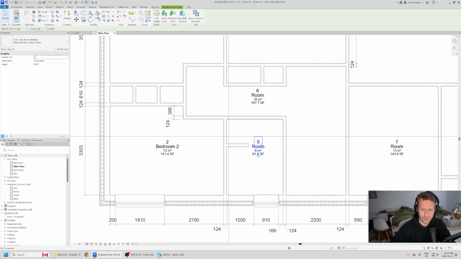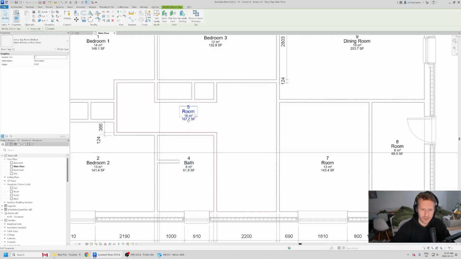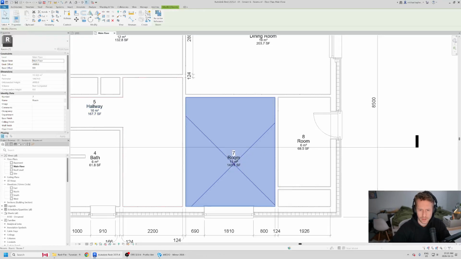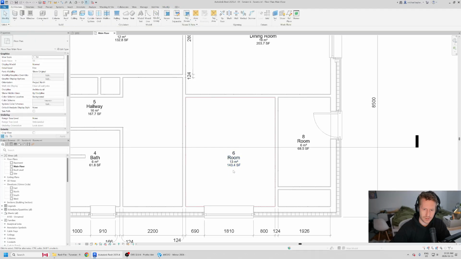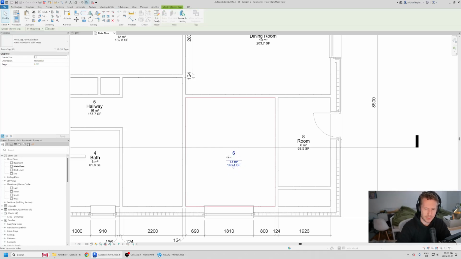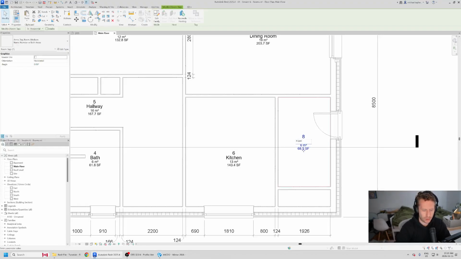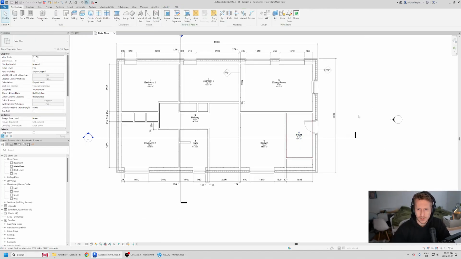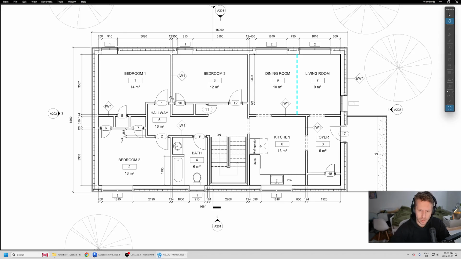This is 4 bath. 5 hallway. 6 kitchen. You see, sometimes it doesn't always want to cooperate. And then 8 foyer. Oh, we got one correct. Okay, cool. So if you don't happen to like this, maybe you really want it to be identical to what's